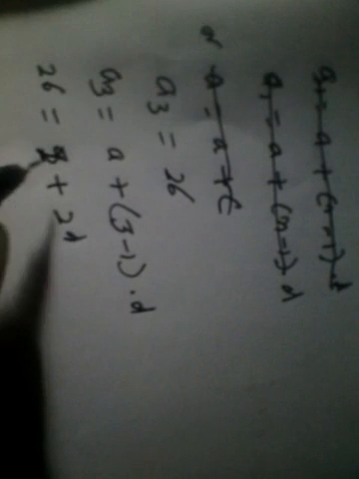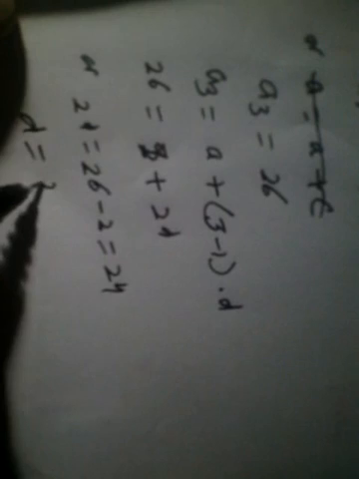The a is given as 2 here. A3 is equal to a plus n minus 1 into d, so n is 3, so 3 minus 1 into d. A3 is given as 26, equal to a, which is 2, plus 3 minus 1 into d, that is 2d. So 2d is equal to 26 minus 2, that is 24, or d is equal to 24 by 2, that is 12, and we have to find the value of